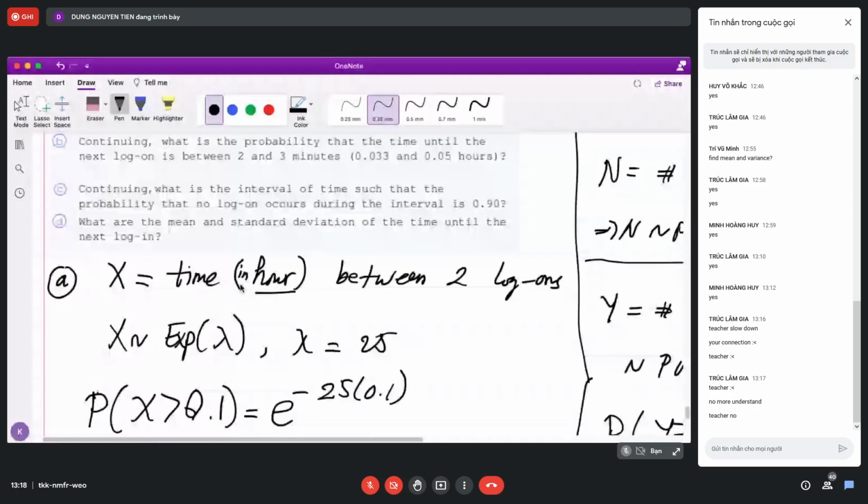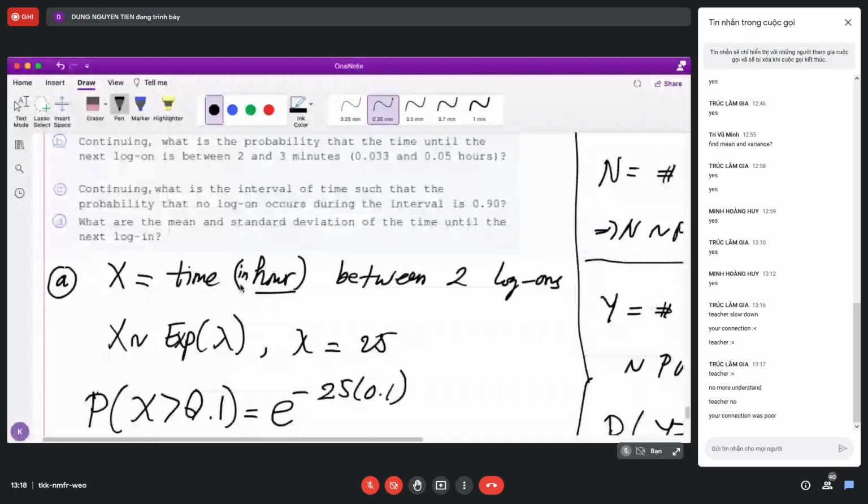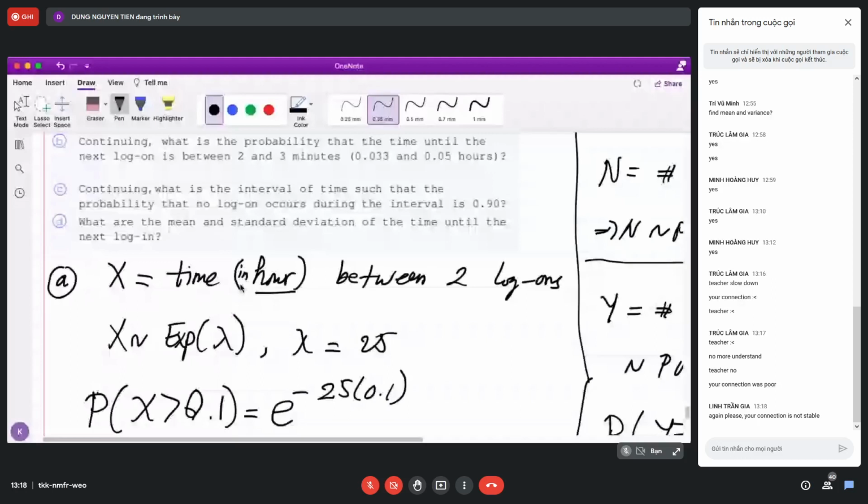Is that clear? For question B, I think it's very similar to activity B, right? So I want to find it should be F of 3 minus F of 2, something like that, and you get 1 minus e to the minus